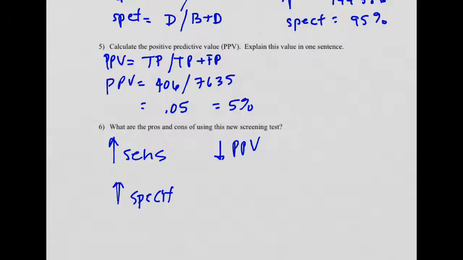The problem with the low positive predictive value, from a pro and con point of view, is that you're going to have a lot of parents with really high anxiety because their babies are going to test positive and then they're going to have to go back, right? So the pros and cons of any screening test are you want to catch people, you want to make sure you detect illness, especially if it's a really serious illness that we can intervene on early. You want to be able to catch all those people, but then you don't want to incorrectly catch people and raise their anxiety,